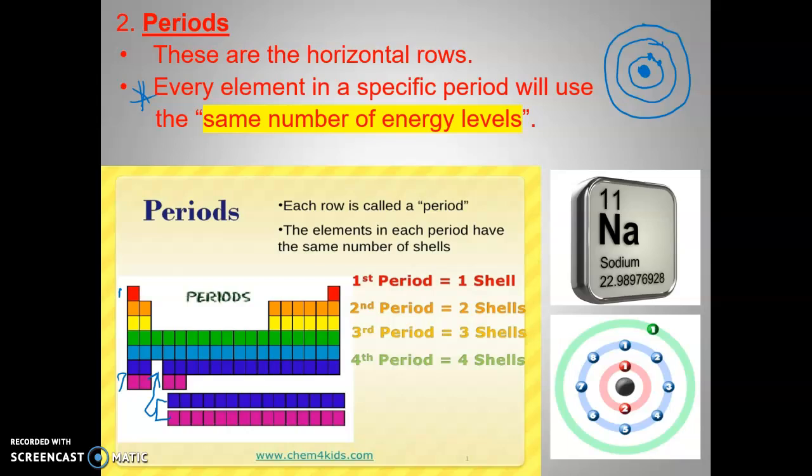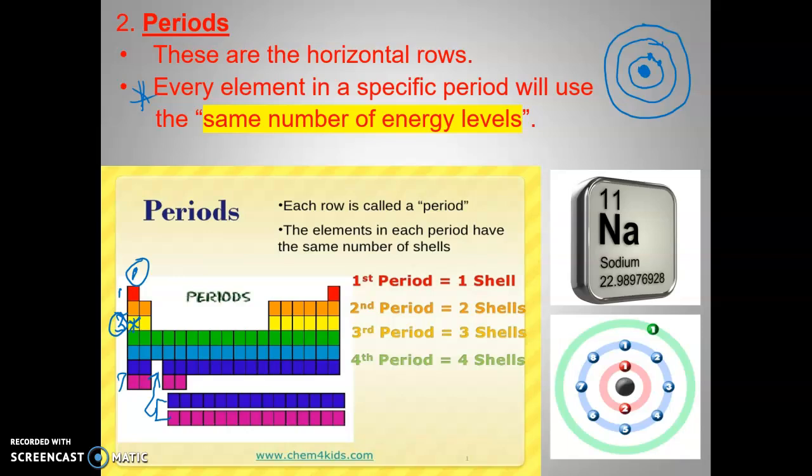So, for example, sodium, again, atomic number of 11, atomic mass rounded out to 23. Sodium would be located right here on the periodic table. So, what that tells me, first off, it is in group number 1, the first column. So that lets me know that I'm only going to have 1 outermost valence electron. And then it happens to also be in the third period or horizontal row. So that tells me that sodium will need to use 3 energy levels or orbits or shells, however you want